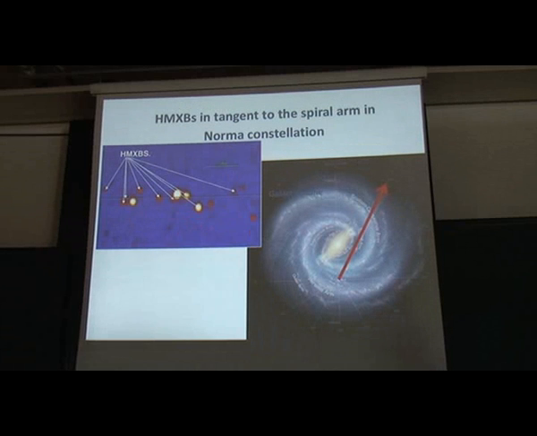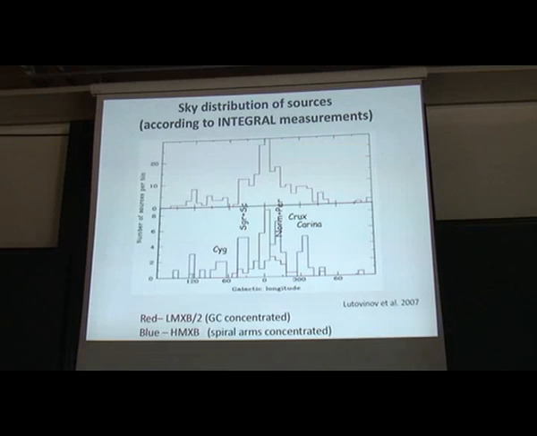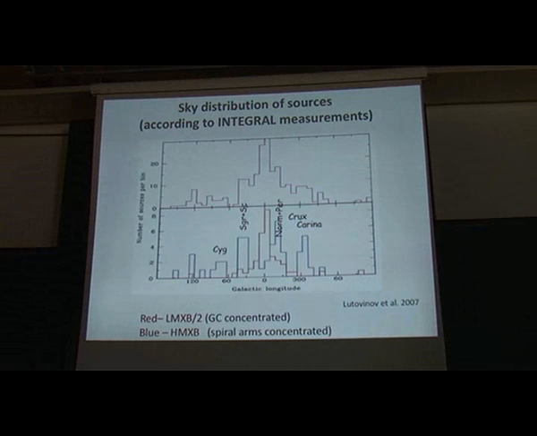The study of the galactic plane with Integral demonstrated that the number of such sources is high. For example, here I can show only a small part of the sky directed towards one of the tangents to the spiral arms, and you see that all these sources which are marked with arrows are high-mass X-ray binaries. And if you look at regions away from these tangents to the spiral arms, for example here, this is the distribution of the number of sources along the galactic plane, and positions of spiral arms are marked by these letters.